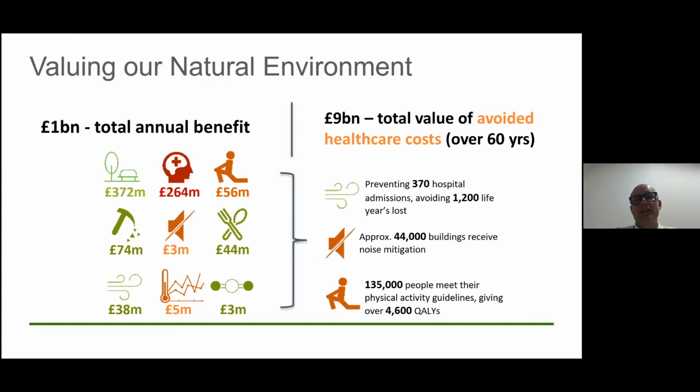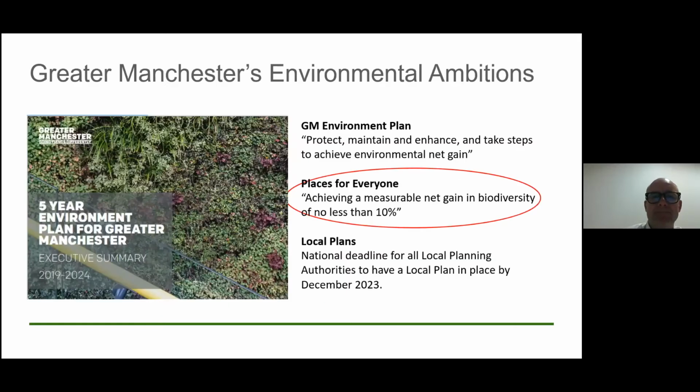And if we don't look after our green spaces, our natural environment, this is the cost to society. This is what we lose because we're not managing and protecting those green spaces. So it's a really important piece of information that we can use to communicate with key decision makers, officers and politicians on the importance of our natural environment and why we need to protect, manage and improve it, because if we don't, there's a cost to society. Our annual benefit from our natural environment is £1 billion per year. So there's a really important message there.